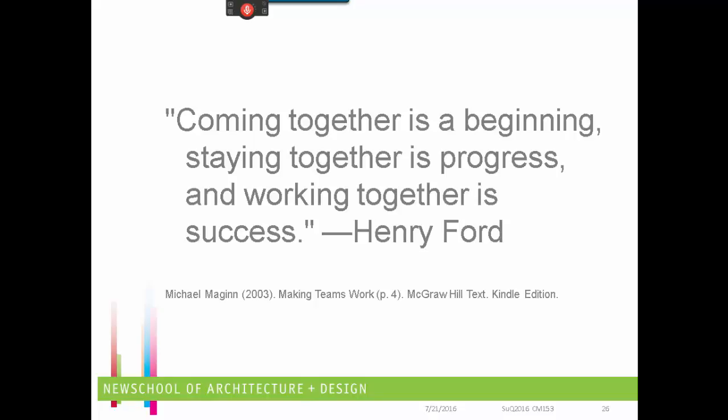That's a great statement, because throughout your career, you're going to be pulled together with teams that are not necessarily people of your choice, but they are selected by the bidding process. These will be the lowest priced, best qualified bidder that is selected to do that portion of the project. So you've got to bring that disparate group together, get them to work together, and then you'll meet the success